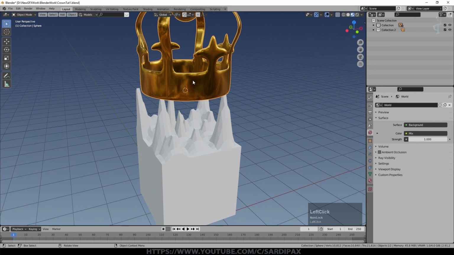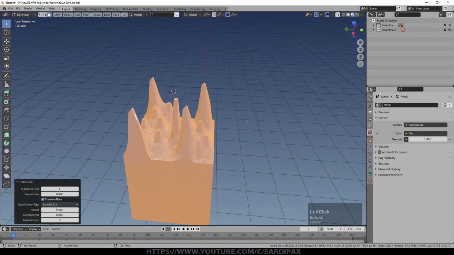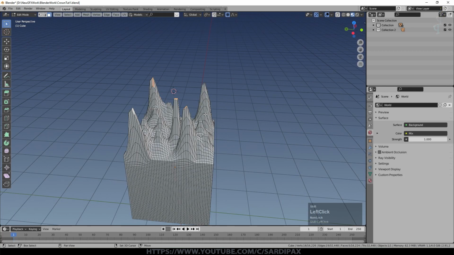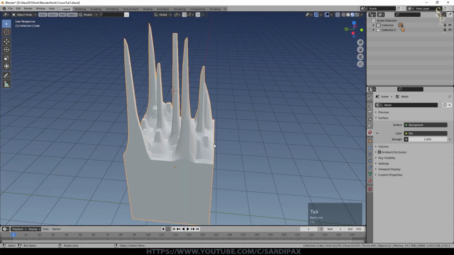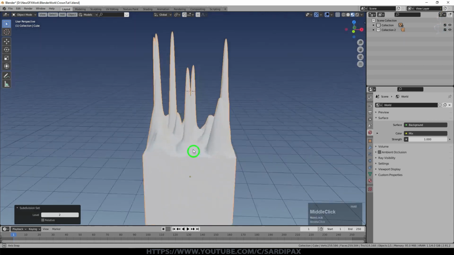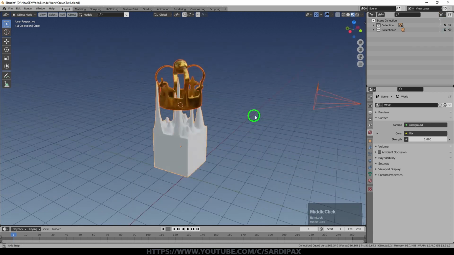and I can just hide the crown for a moment. I think what I'm going to do now is subdivide once more, and I'm just selecting random faces around the place. I'm just having a few fairly tall objects, and then I'm going to do Ctrl 2 and add a subdivision surface. So we've got a cube now with these spikes. So I do Alt H and we can bring everything else back.